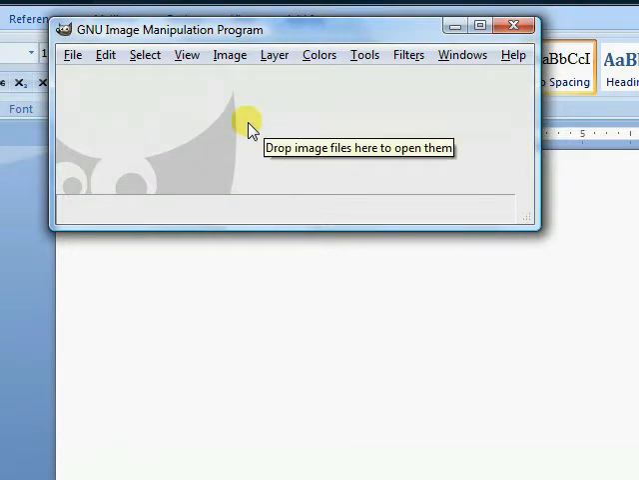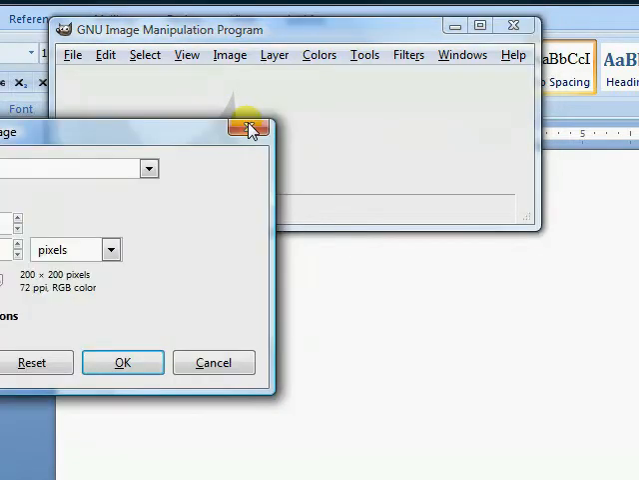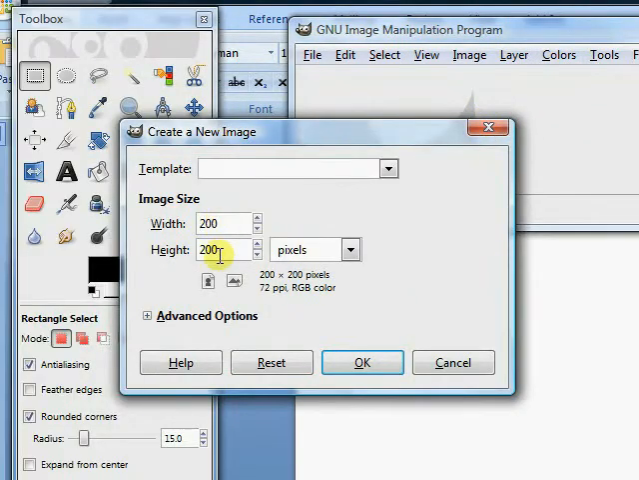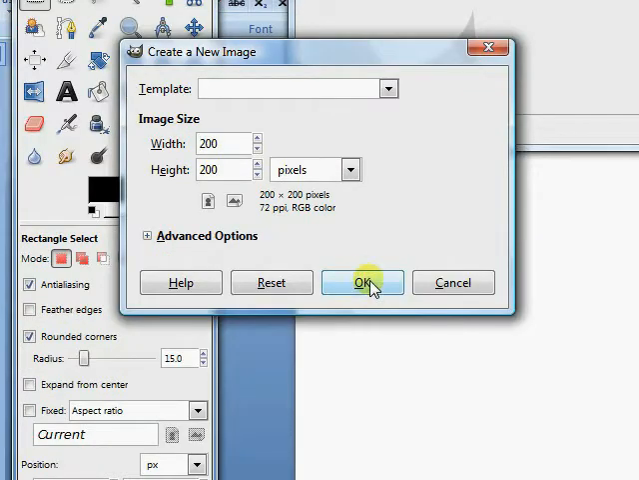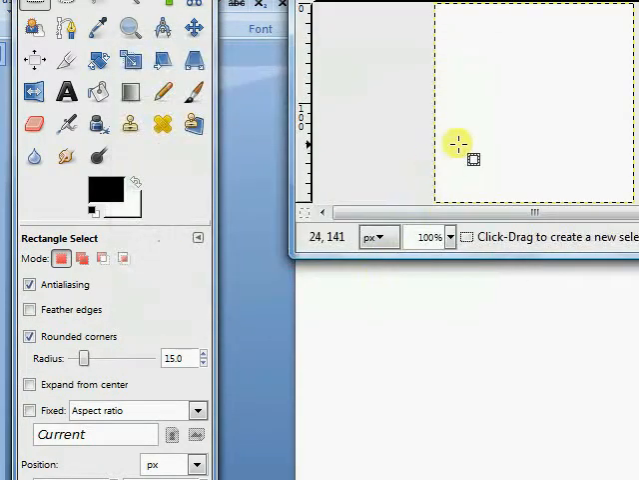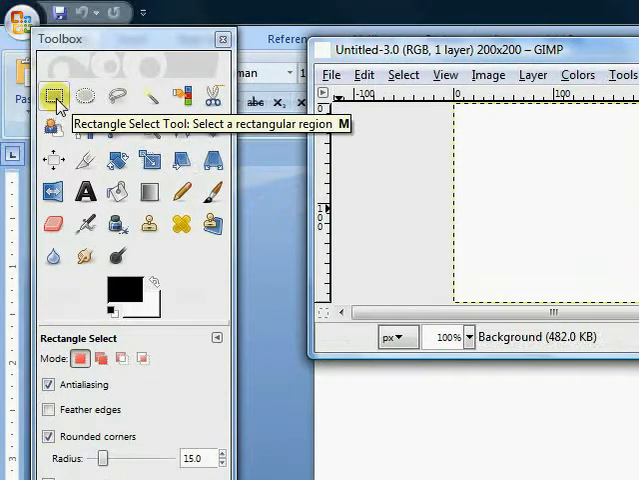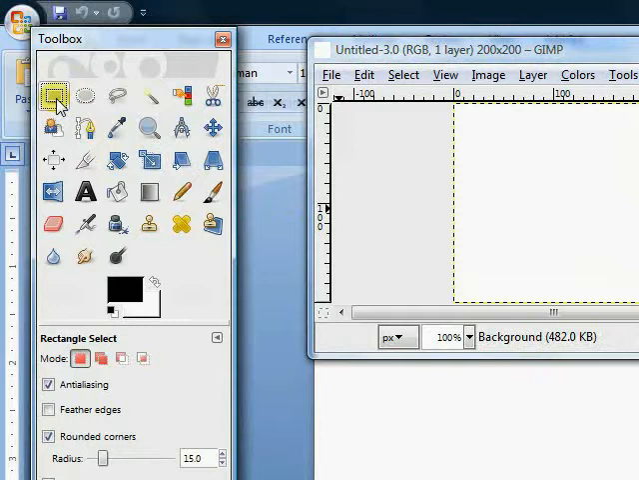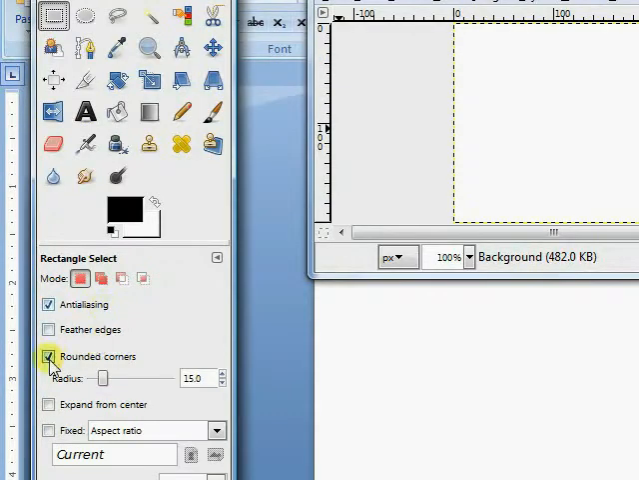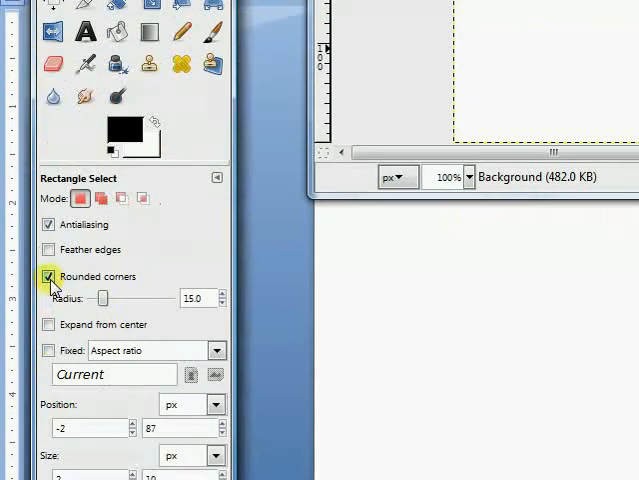So let's go up here and hit Control N for new, and we've got 200 by 200. Let's hit OK, and now let's go over and pick the rectangle tool. And when we do that, we want to go down and make sure that rounded corners is checked, and we're going to type 15 in here. We already have 15 typed in, but we'll do it again. Type in 15,